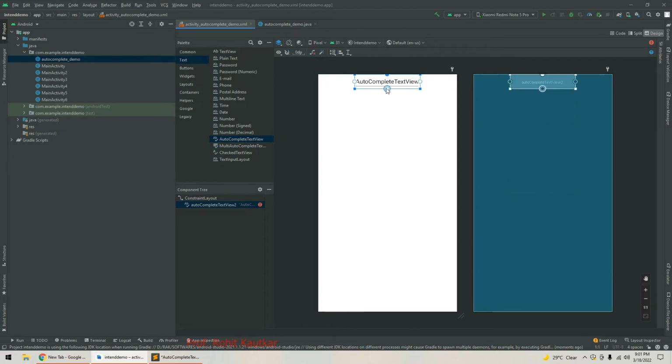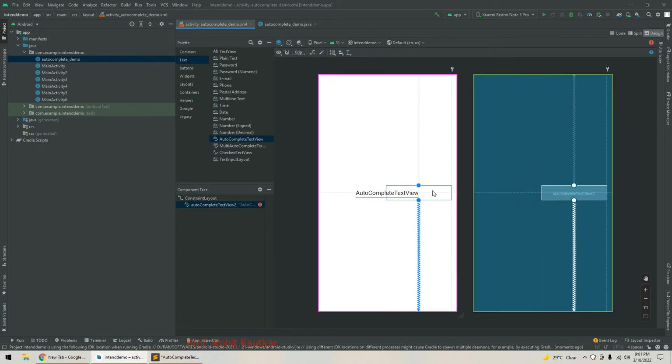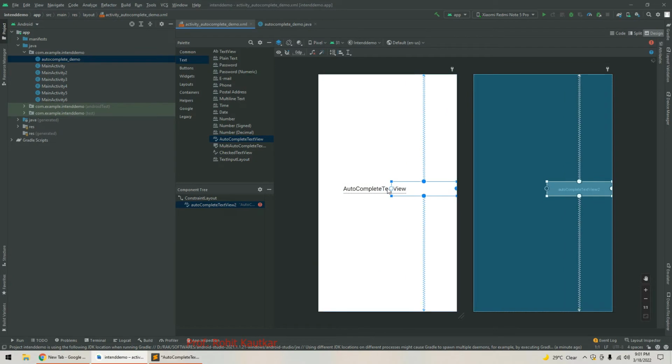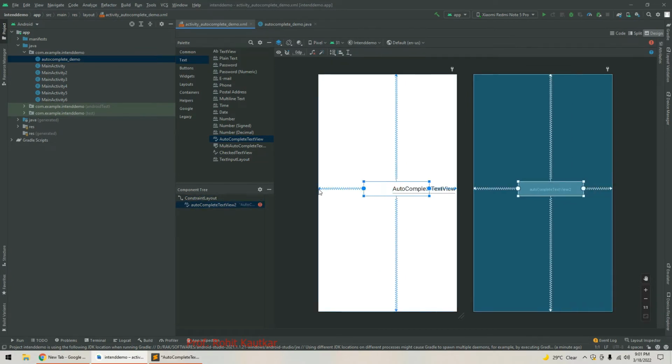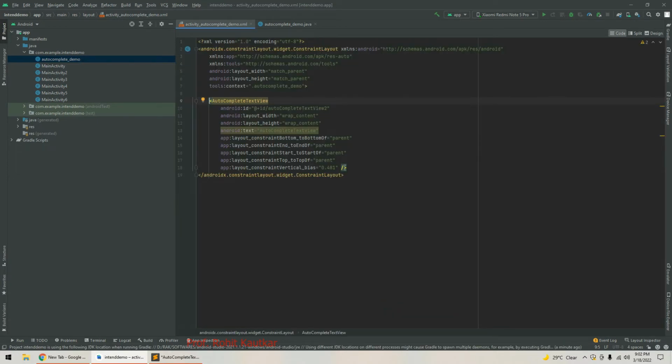And next to that we will set the constraints for this. So top constraint, bottom constraint, and next to that the right constraint and left constraint. After setting all these constraints, I will set the width of this autocomplete text view by opening the